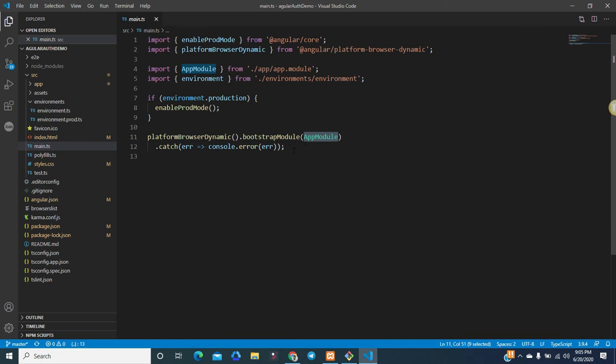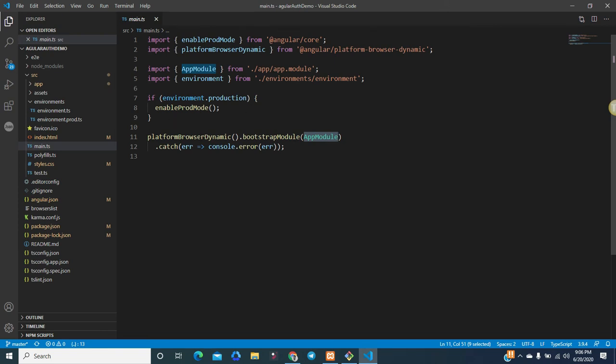So you can also provide a naming convention like app module. It means that at the start the module should be the app module, and other modules will come later. You can decide on that particular module, or you may use lazy loading and feature modules. So in certain cases, if you want to bootstrap any other module, then you can provide its name here. Basically this code is related to bootstrapping your module.